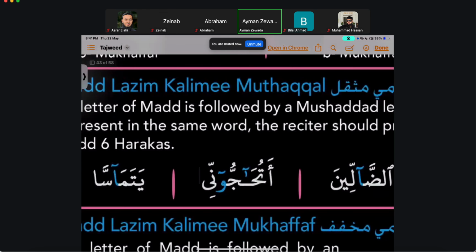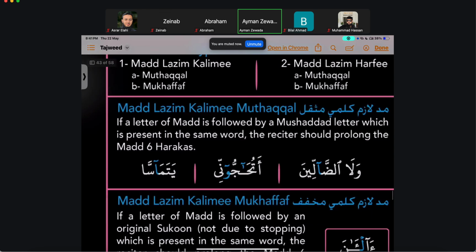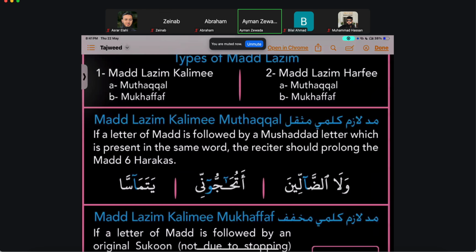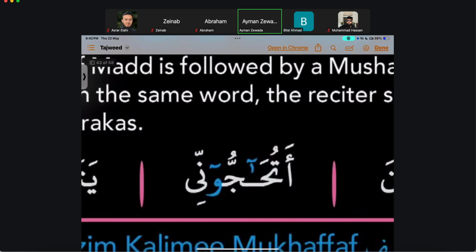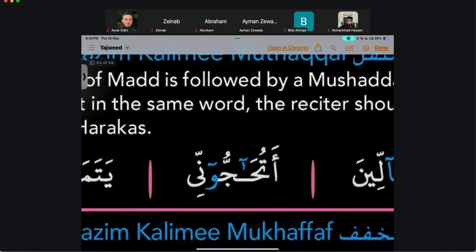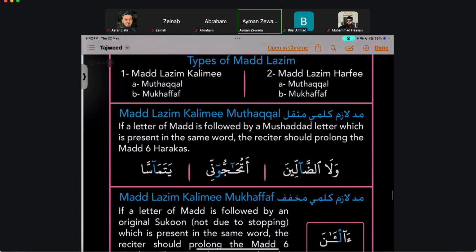Any questions about that? I'm studying, so I saw ask. Yeah, go there. What does the symbol below the mad mean? That looks like number 1. Oh, that's an alif. So it's just the way that's written. That's just a mini alif, but it's pronounced the same as a regular alif. Okay, so. Anyone else?